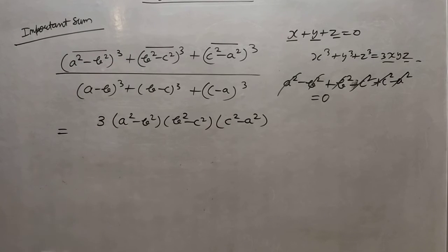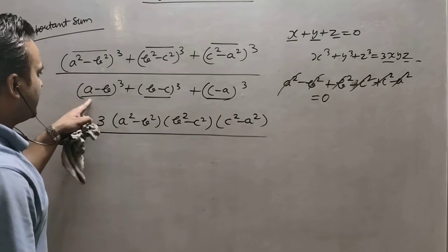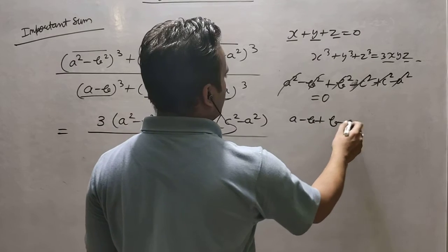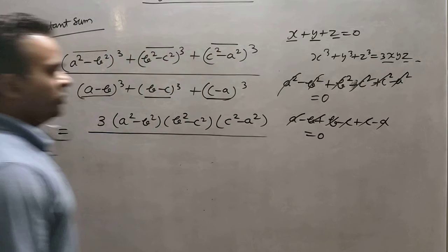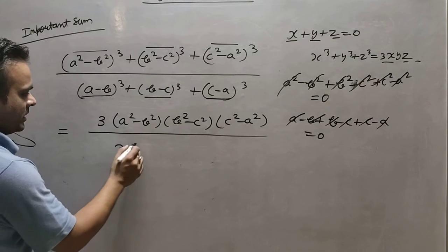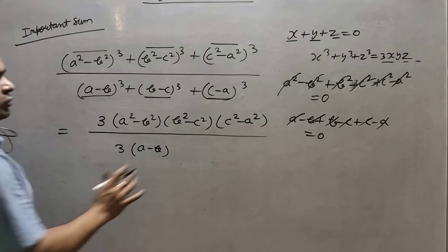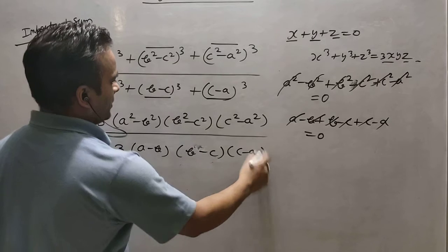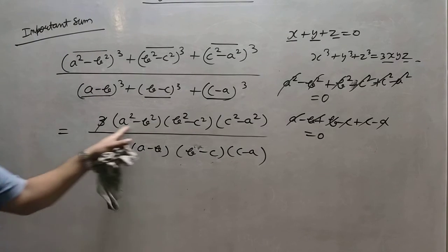Right? Now in the same way we will take it x, y, z. Again you will see that x plus y plus z. Again you can check a minus b, b minus c, c minus a. Everything is cancelled. So again we are getting 0. So what will it be? 3x. Now x is a minus b here. In the numerator case it was a square minus b square. Okay, 3 cancels.